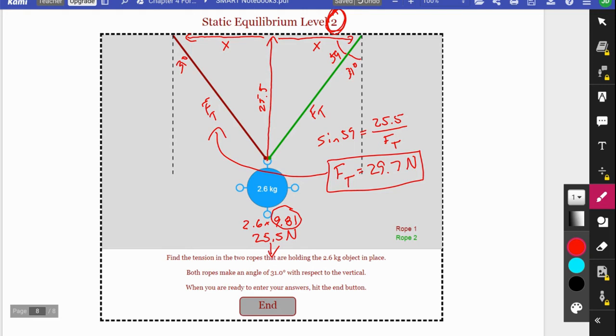And hopefully this video helps you understand a little bit more what static equilibrium is all about and how to solve